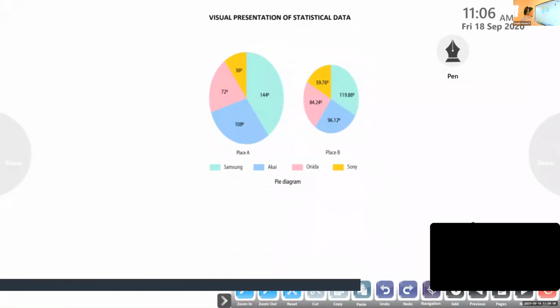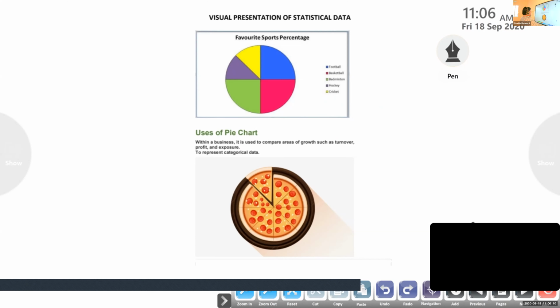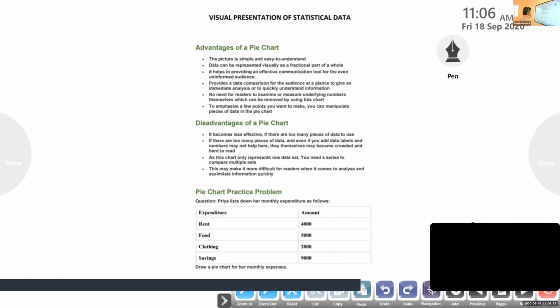Number of examples we already completed that. The next presentation method is called the pie diagram. We know that. Okay, so advantages are there. What are the advantages of a pie diagram and what are the disadvantages of a pie chart? These two things also we want to learn properly, for example for the questions that are coming for the examination.